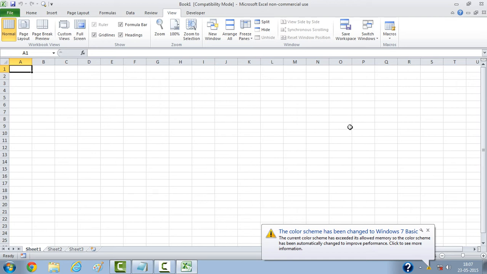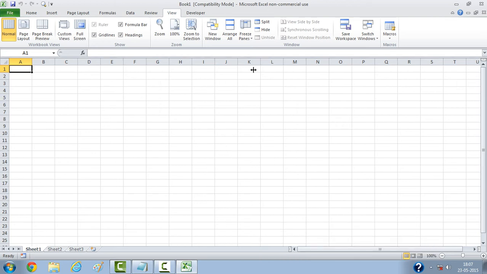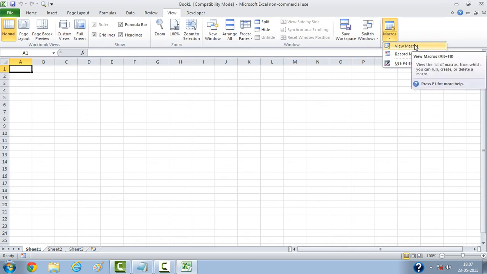Now once you have opened your Microsoft Excel, you need to go to the View tab strip. In your View tab strip, you have VBA macros here, that is, Macros. Once you click on this arrow, you have options. When you're going to create a new macro, as of now you don't have any macros, but you need to create one. You can either record or you can create one if you know how to code very well. VBA macros use nothing but VB script here.